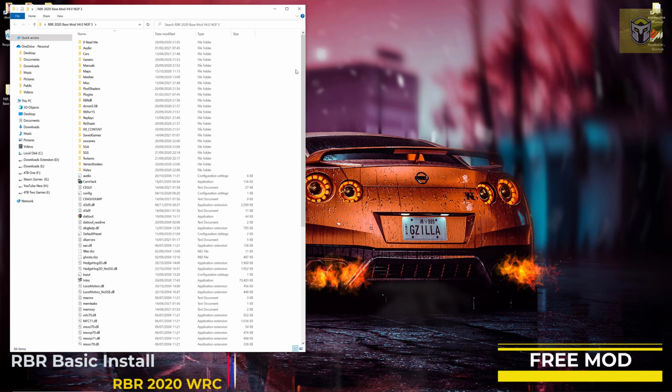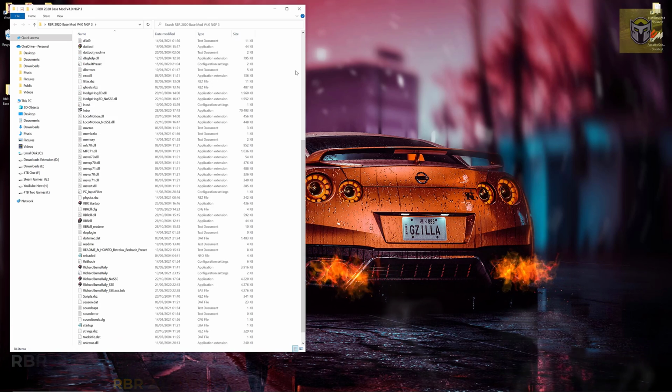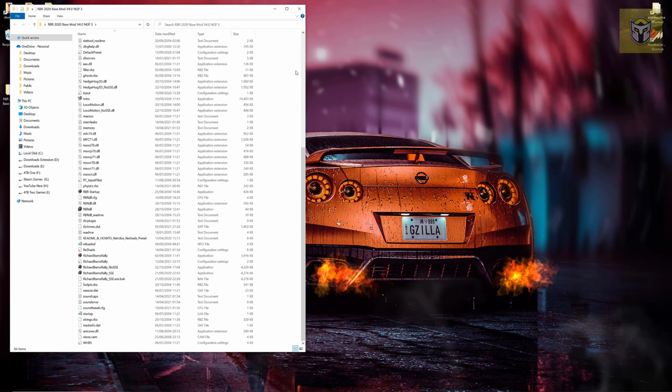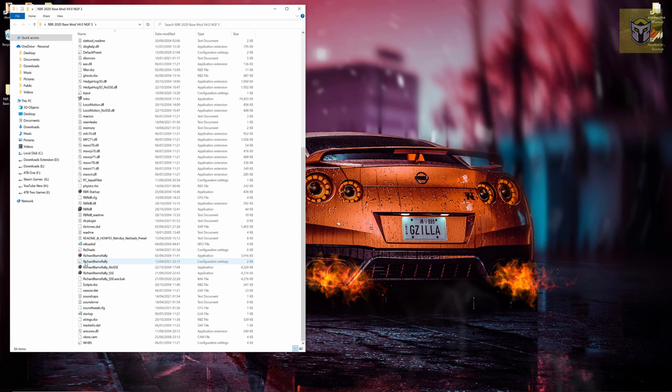Okay, so the download link is number 1 in the links in the description, and once you've downloaded that file, it's about 3.1 gigabytes. You're going to extract it onto your desktop and it's going to look like this. So it's just a bundle of files all in one folder. The first file we're going to go to is